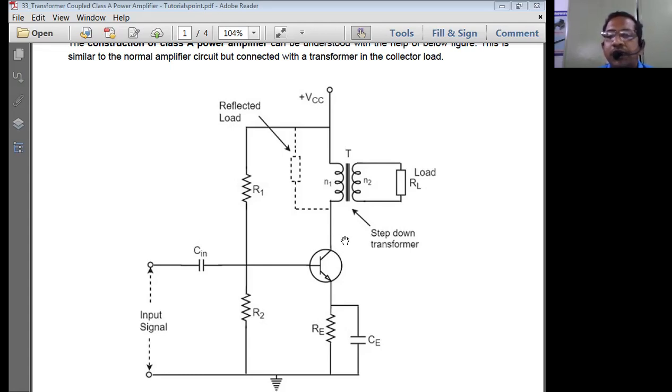Now, what is the basic property of a class A power amplifier? A class A power amplifier is normally going to produce a 180 degrees phase shifted output with respect to the input signal. That is one of the greatest properties of the CE amplifier, and the same property holds good for the class A power amplifier because both of them are the same. So the class A power amplifier is approximated to the CE amplifier. The only difference lies in the transistor that you use for the CE amplifier and the power amplifier circuits. Apart from that, both circuits are the same.